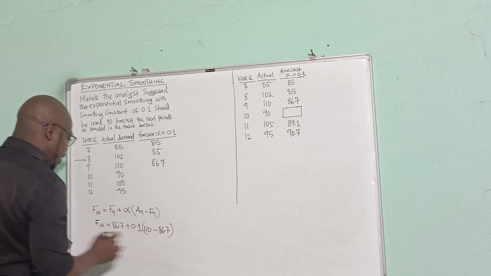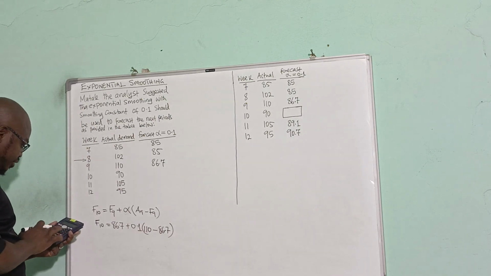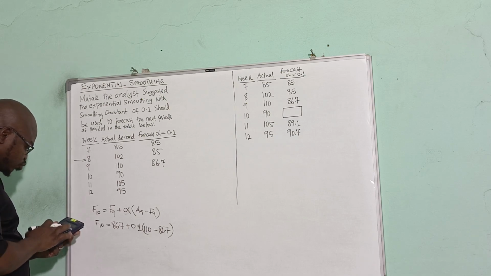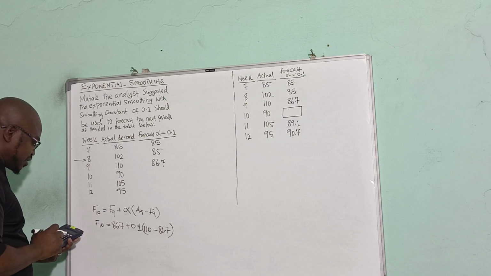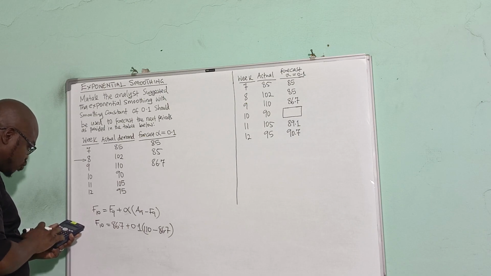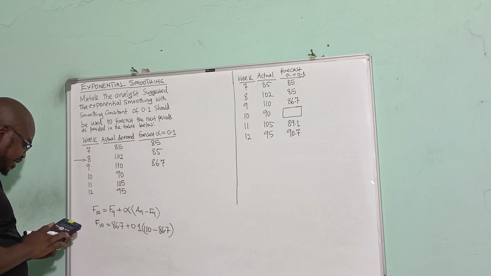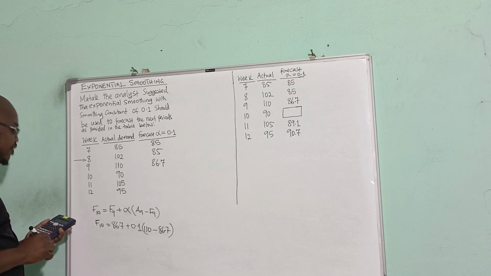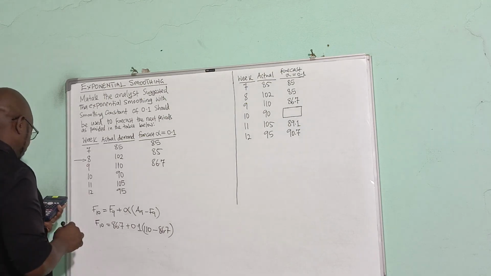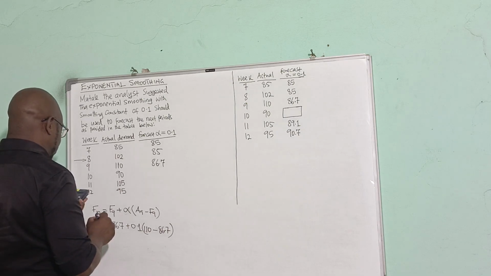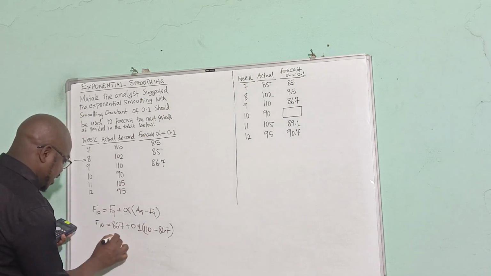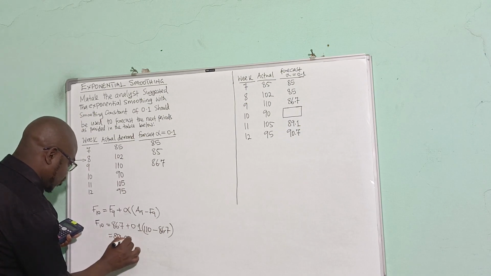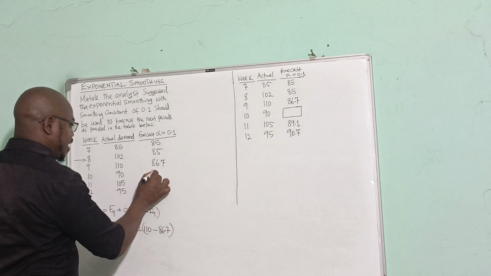86.7. Okay. I like taking the computation as the calculator will take care of the BODMAS. It's quicker that way. So 86.7 plus 0.1, open brackets, 110 minus 86.7, like that, close brackets, and then I have 89.03. 89.03. Okay, so I have